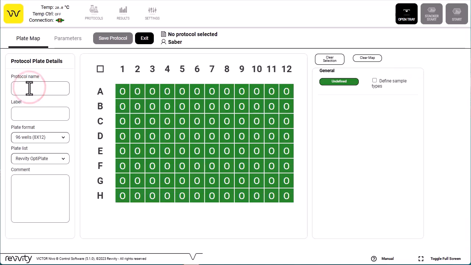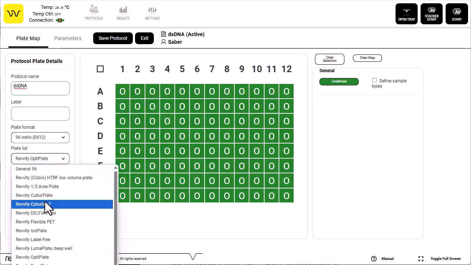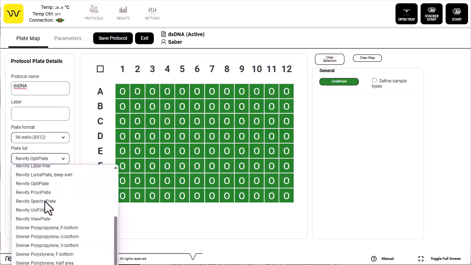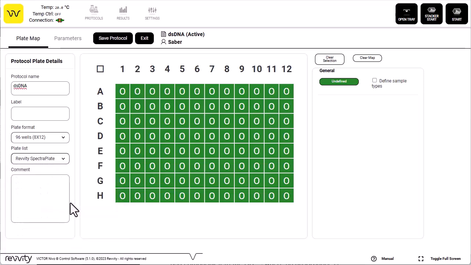First, create your protocol, name it, and then choose the plate format. Here it's a 96 Wells plate. And then a compatible plate with absorbance. Here it's the Revity Spectra plate. Then click on Define Sample,